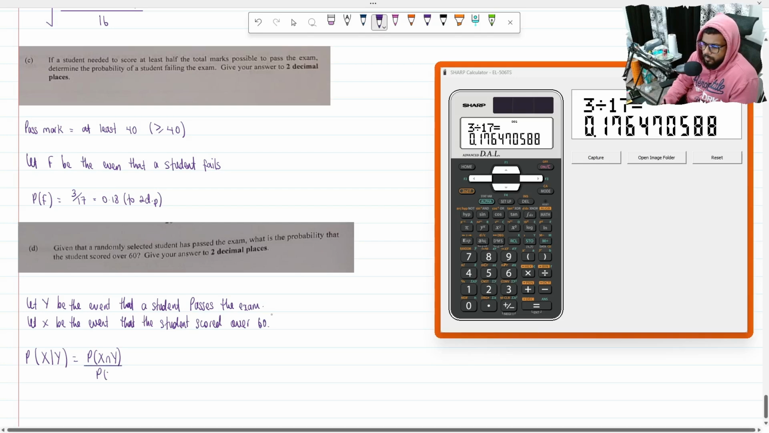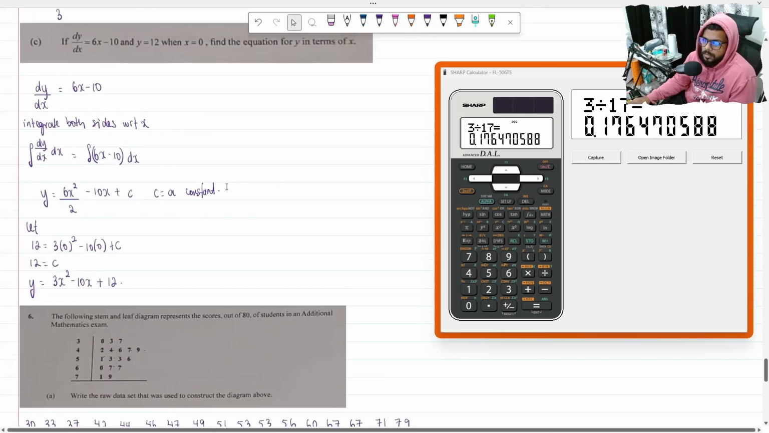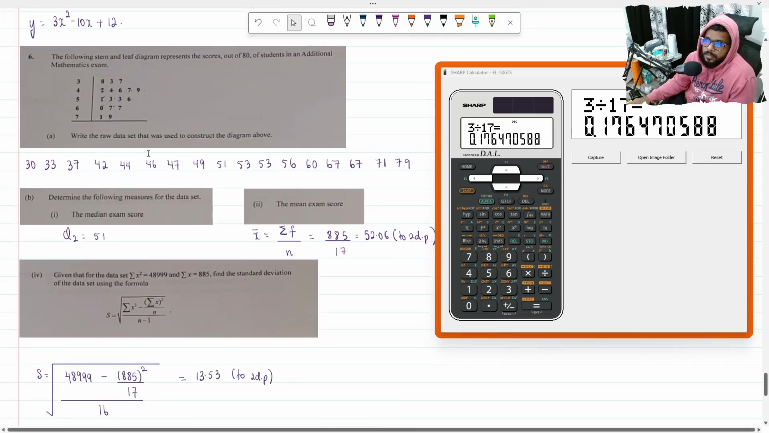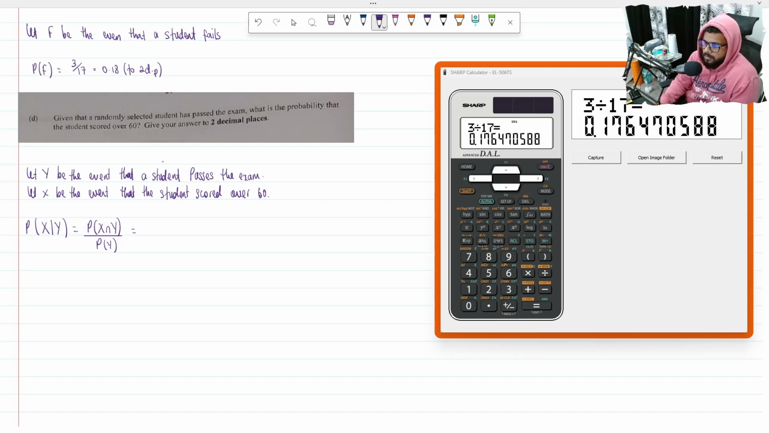probability of Y. So what's the probability that the student would pass the exam and score over 60? Let me see how many students score over 60. Because if you score over 60, you automatically pass the exam. 1, 2, 3, 4. 4 of them scored over 60. They never said inclusive of 60, right? So 4 of them scored over 60. So this is going to be 4 over 17